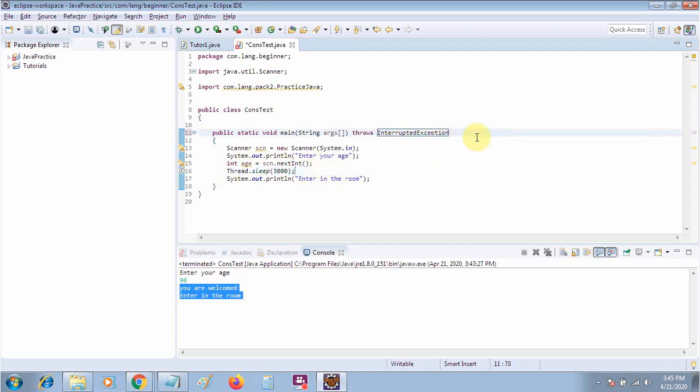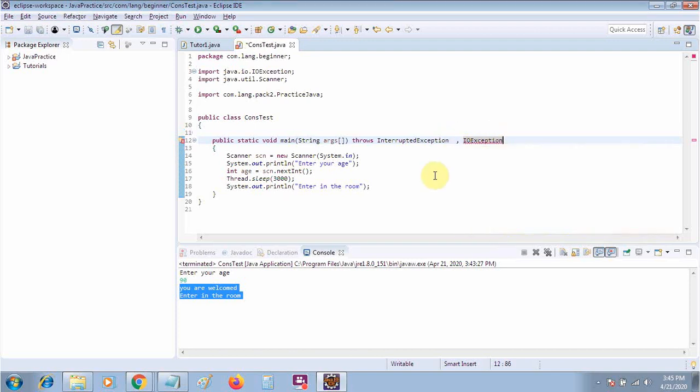Also, you can say that the throws keyword, as the name says, you can have multiple exceptions here. If you want to add some other exception, like a comma and IOException, you can also have that. With throws you can have multiple exceptions, but with throw you cannot.